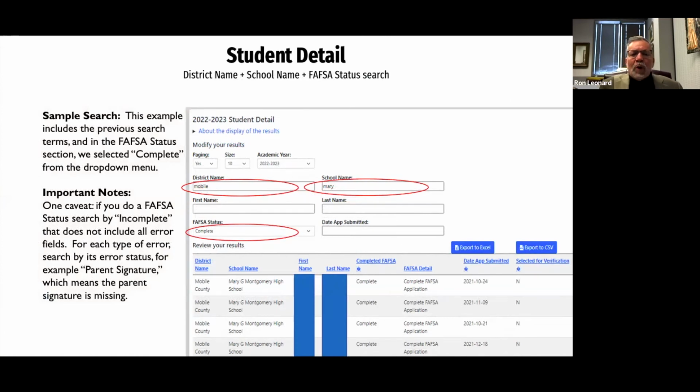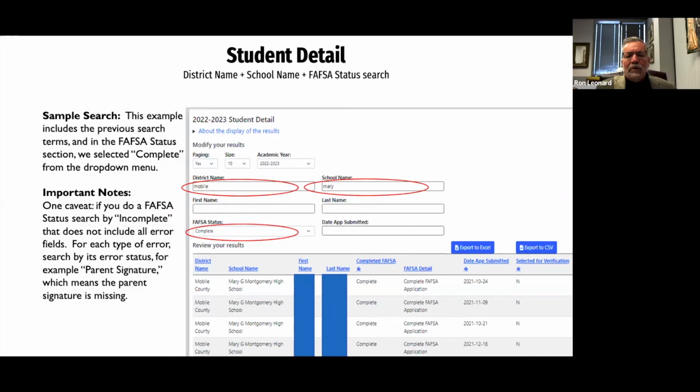All right, here what I've done is once again, I searched Mobile District, I searched Mary G. Washington High School, and I am searching by complete. Now, the FAFSA status search has a number of different ways to search incomplete. The caveat about the incomplete searches is you would have to go through each one to make sure that the student hadn't made multiple errors.